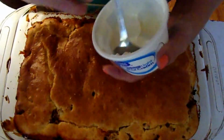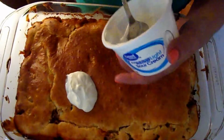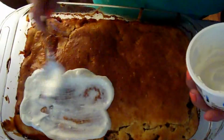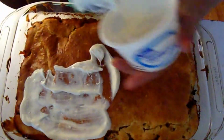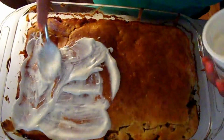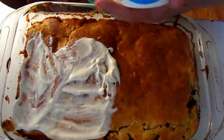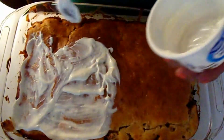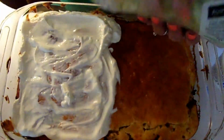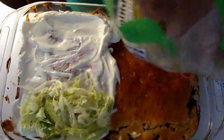I have some leftover sour cream from last week. I'm only going to put this on half of it because I think that's all we're going to eat, and so I don't want the lettuce and stuff to go bad. But if you're feeding everybody, and you think they'll eat all of this, then you can most definitely put it all the way across. But I just don't want the ingredients to go bad. Once you put your sour cream on, then you want to add your lettuce,